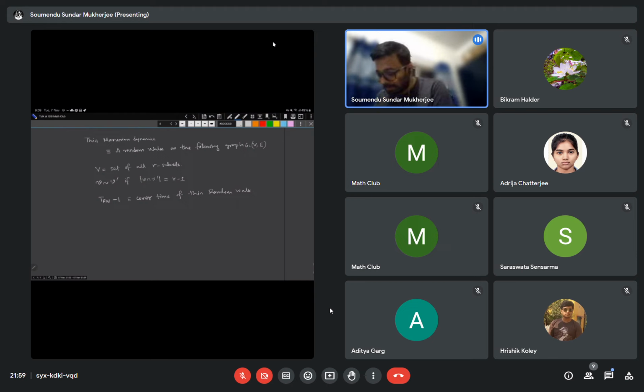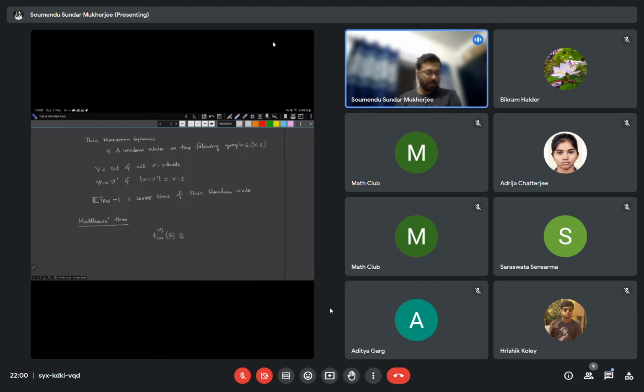Okay, so I'll write it down here. Suppose you have a random walk on a graph. Then the cover time, the expected time to see all the vertices, I will denote it by T_cov. And if the starting vertex is phi,